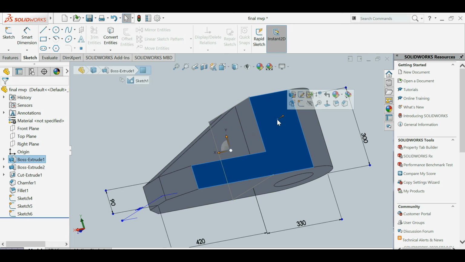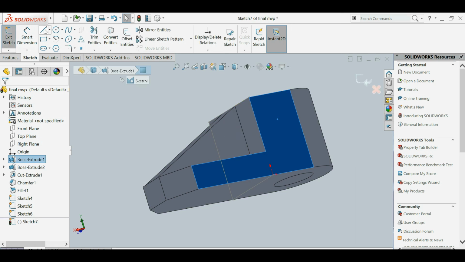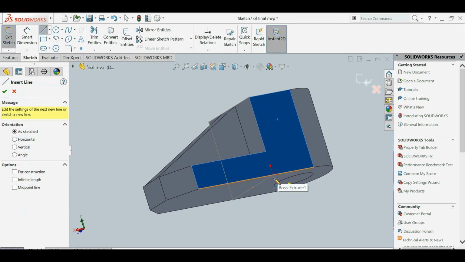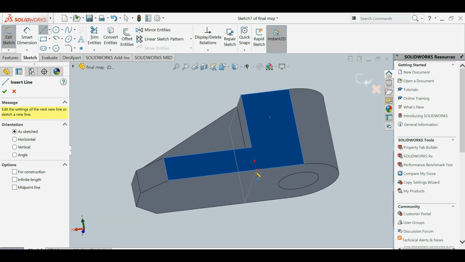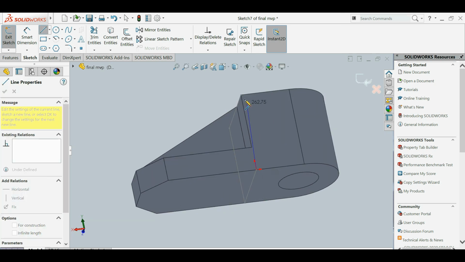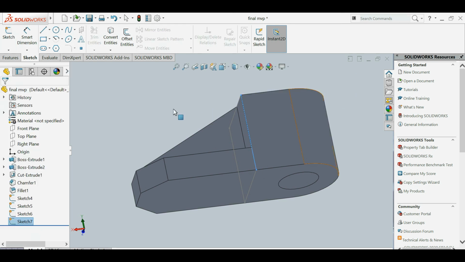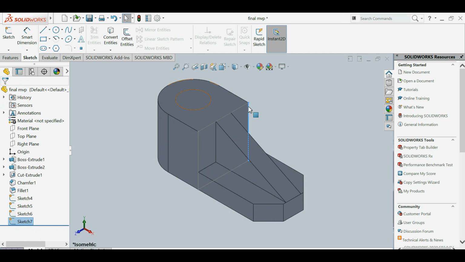Click this surface, click sketch, click line, then click this point to the initial point. Okay, then we click exit. So we get the rectangle, this rectangle. Next step, we're gonna